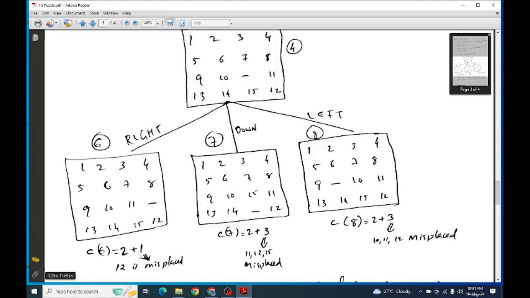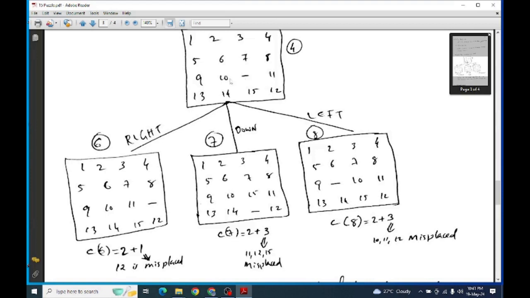So two movements, and how many tiles not in their correct position? 10, 11, 12 are not in the correct position, so 2 plus 1. Then if we move this empty space down, you will be getting this state. Two movements, and 12 not in the right position, 15 not in the right position, and 11 not in the right position. So 2 plus 3, then state 8,